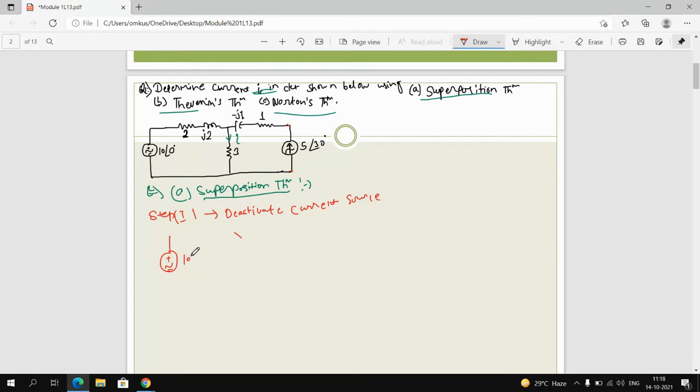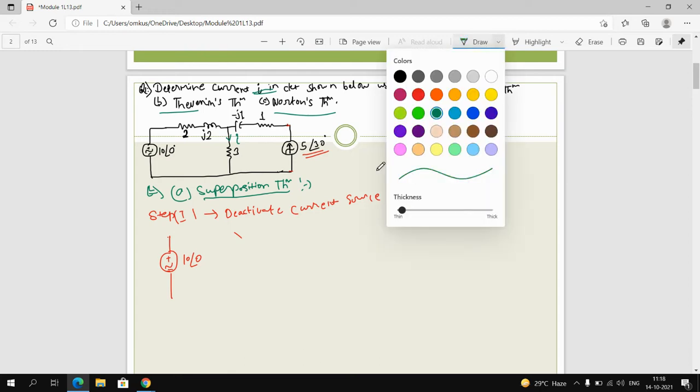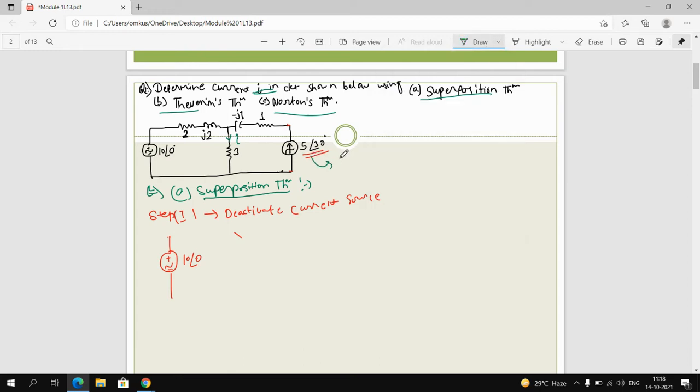See, your circuit looks like that. One more thing here, see, note: whenever the value is given in this form, it is nothing but a value given in RMS. For example, v is equal to Vm sine omega t, right? This is our standard equation for instantaneous voltage. And what is Vrms here? Vrms is equal to Vm by root 2, right?